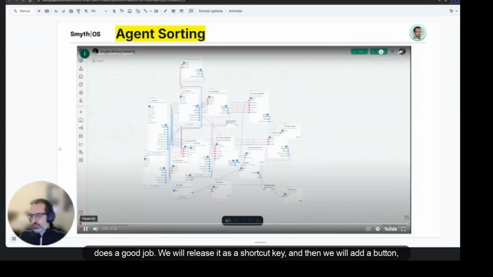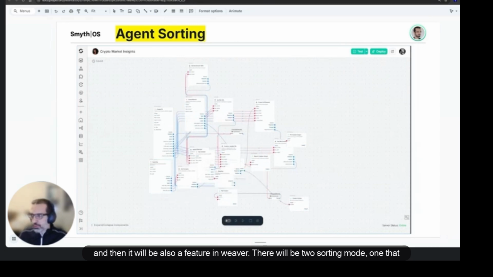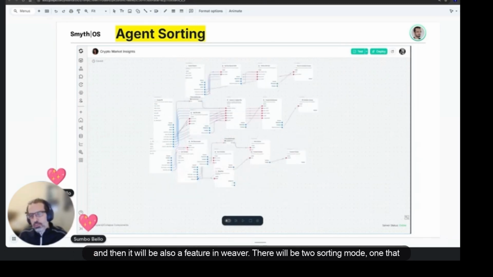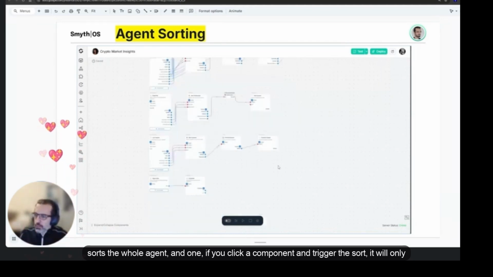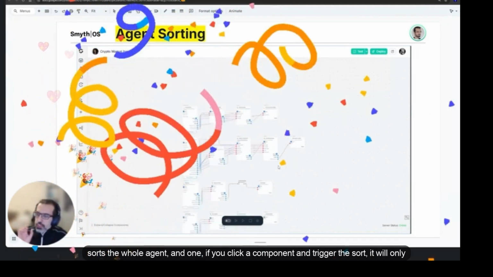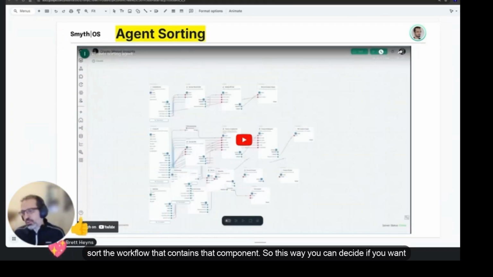We will release it as a shortcut key, and then we will add a button, and then it will also be a feature in Weaver. There will be two sorting modes. One that sorts the whole agent, and one, if you click a component and trigger the sort, it will only sort the workflow that contains that component. So this way you can decide if you want to sort everything